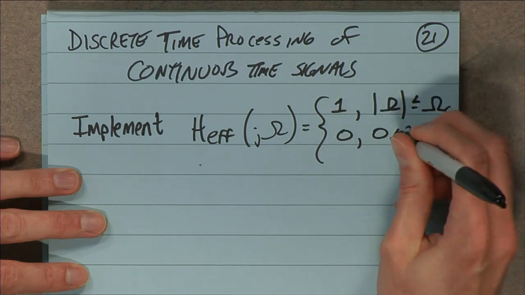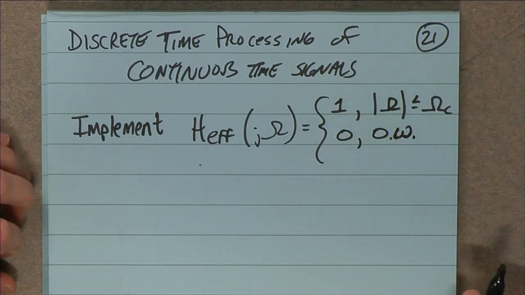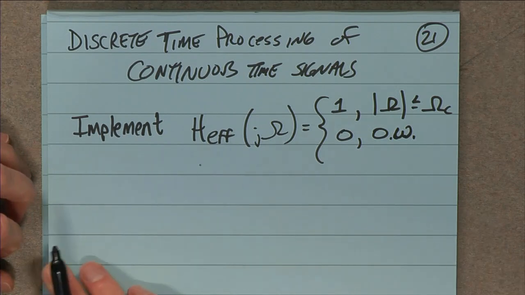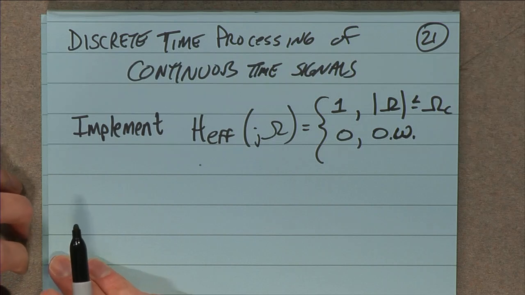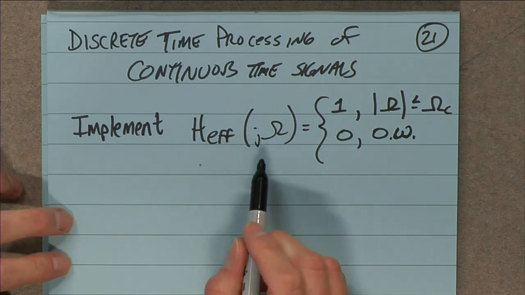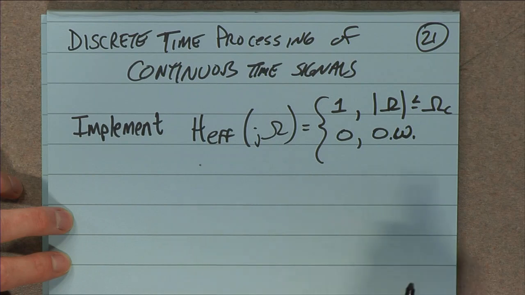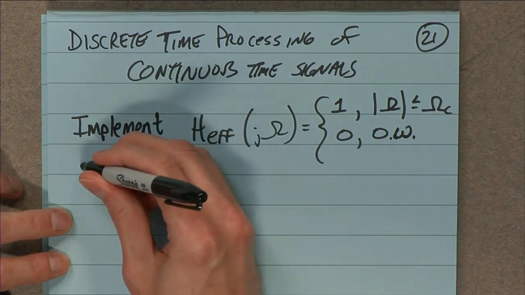And 0 otherwise. So this is what I'd like to do if I had some analog filter, but I don't have it for whatever reason. So this is what we're shooting for. And we're going to implement this